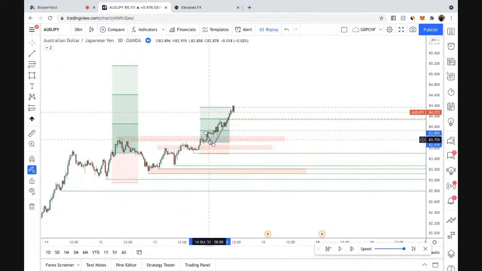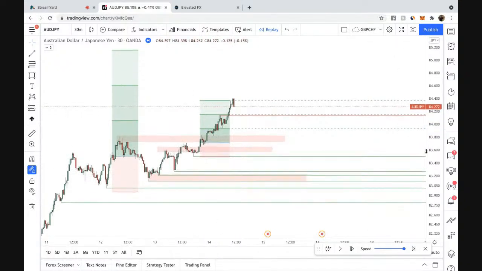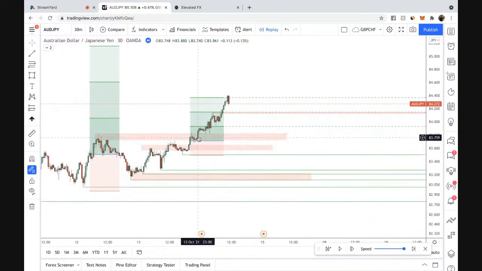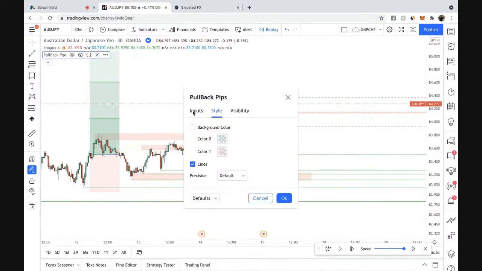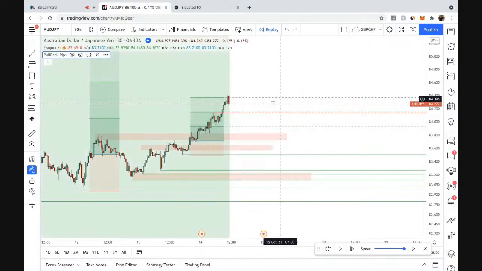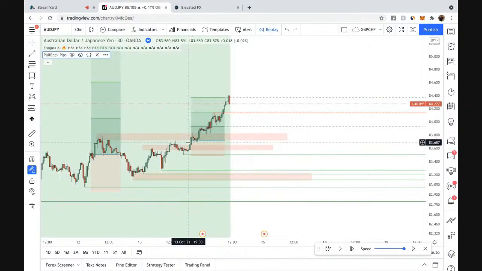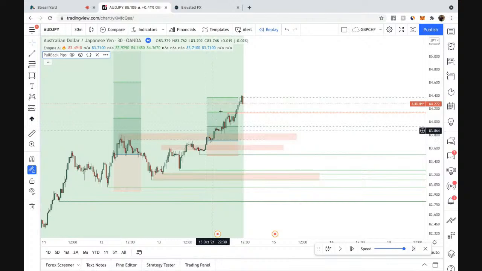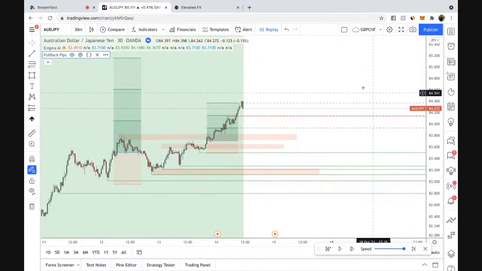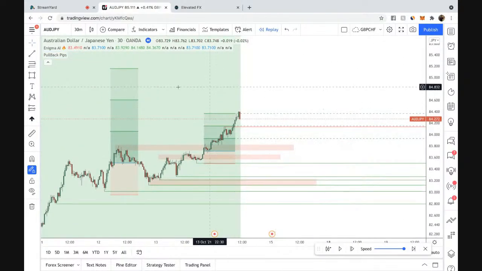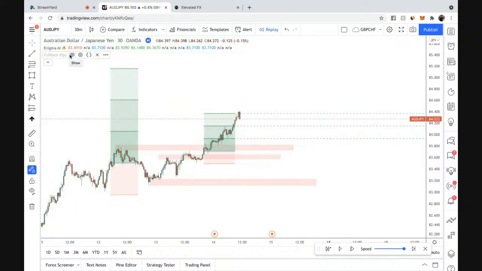So when you have something as simple as structure identified, and you know that the market is breaking through that, and you have the bias already, here, let's grab our pullback pips indicator just to double check, triple check what I'm talking about. And we're bullish and we have that confirmation of structure. What we just did is minimize our risk to maximize our profit, right? Hope you guys are understanding this. So when you're putting these systems together, oh man, it's a game changer.